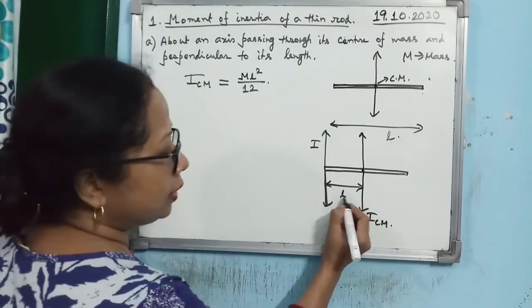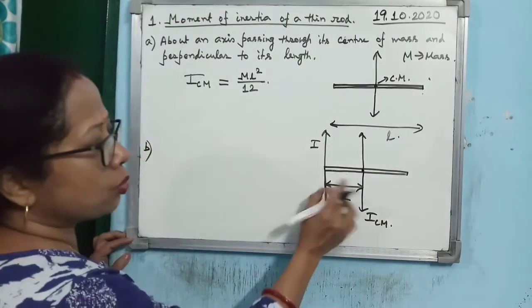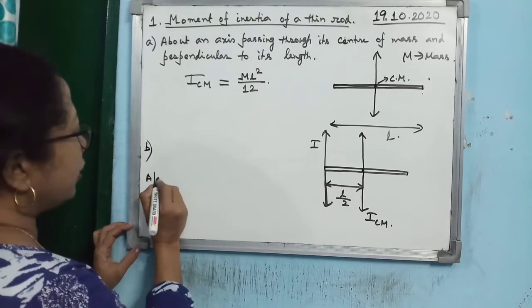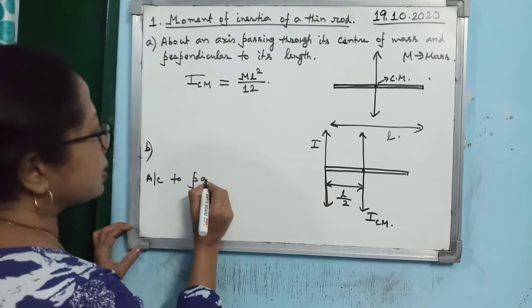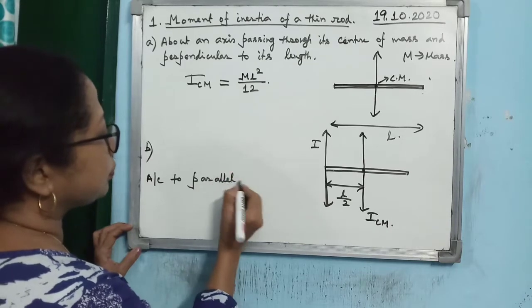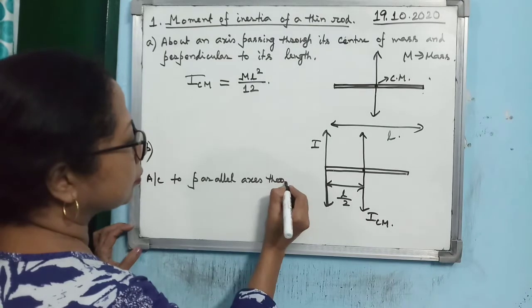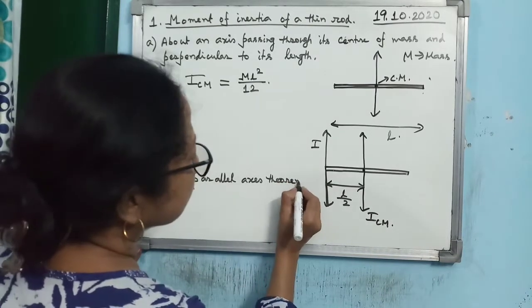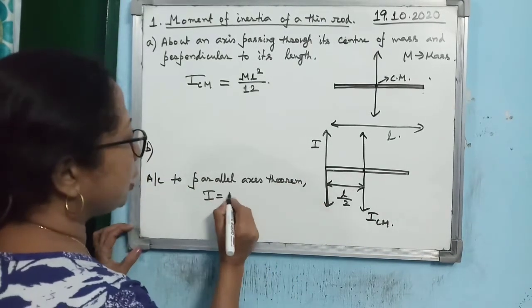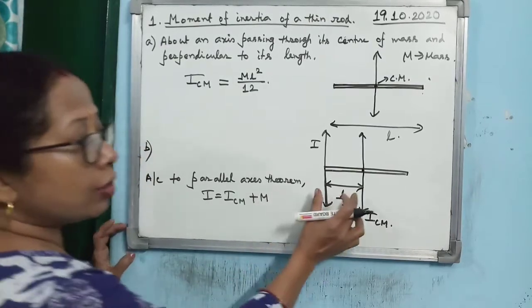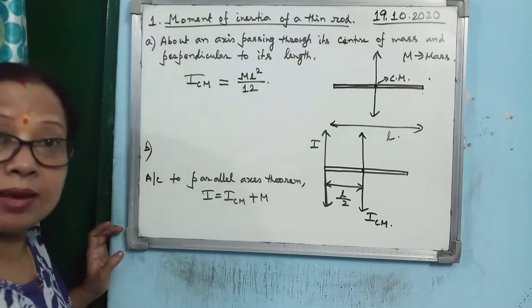It will be L by 2. L is the total distance. So what will be this distance? L by 2. So you see, you can write according to the parallel axis theorem,